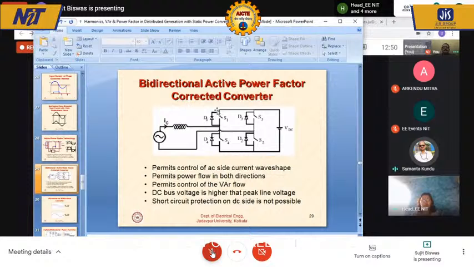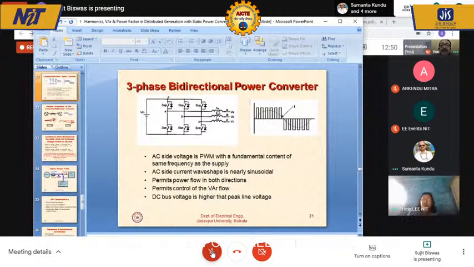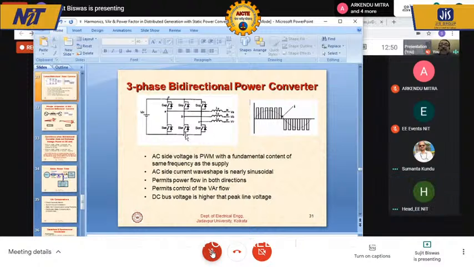Why does an LCL filter have to be used instead of an LC filter? Can you please elaborate? See, if this is a solar system, then this is working as an inverter straight away. This figure gives you the operation of an inverter. You have a DC supply, you have an inverter, you create a PWM waveform here, and then you have an inductor in series. This whole system is actually equivalent to a synchronous machine, a synchronous generator, because you have a fundamental